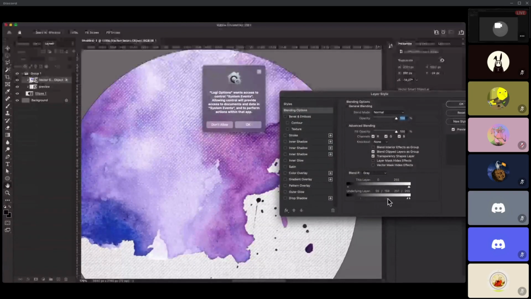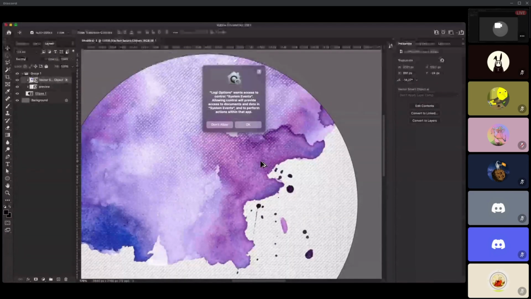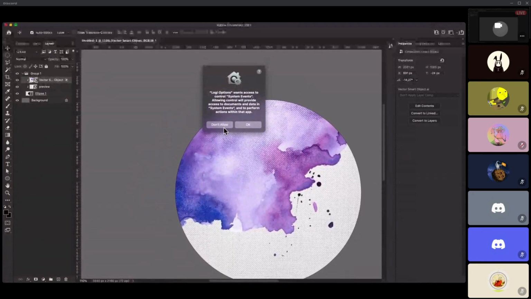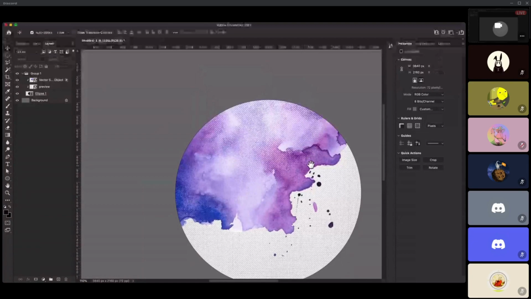I also like to see a bit more dark under the thing, so I'm gonna further move this there to get more textures out. And now this looks like it's a part of the canvas itself.